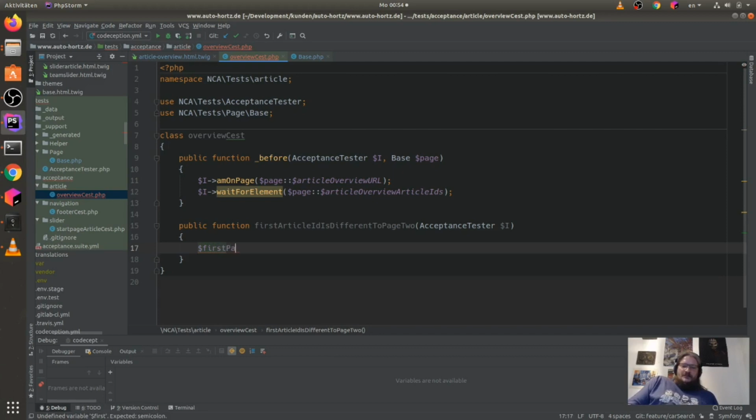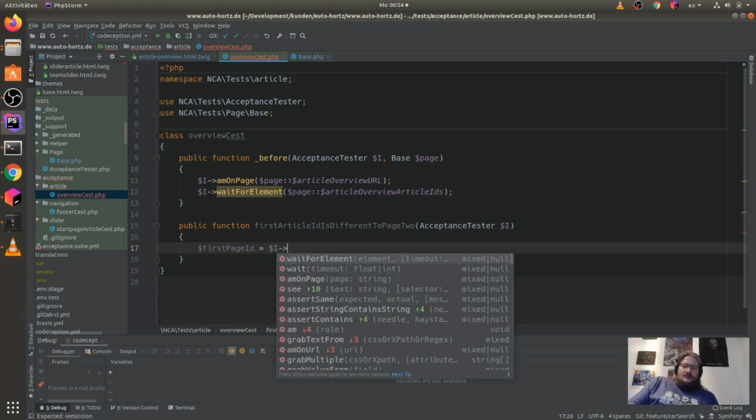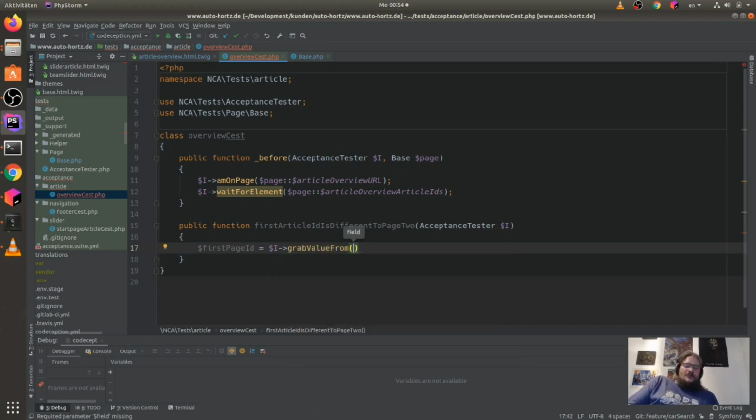First page ID is here now $I grep. I think it was value from $page.